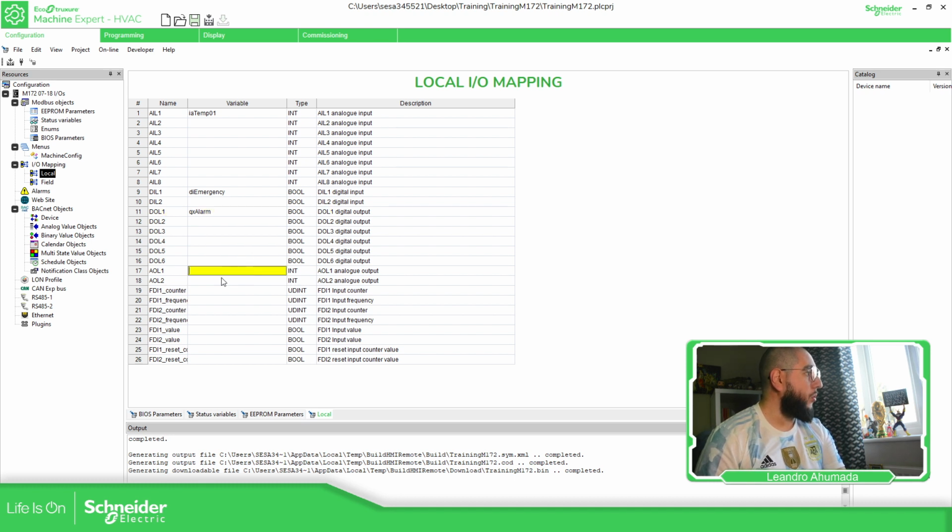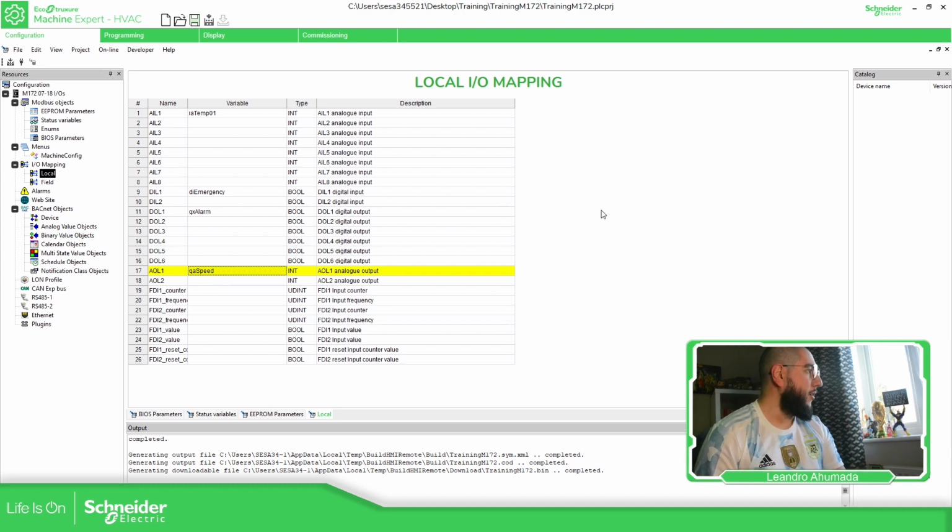Okay, and analog output, let's say this one or this one, analog output. Q output, analog, speed,